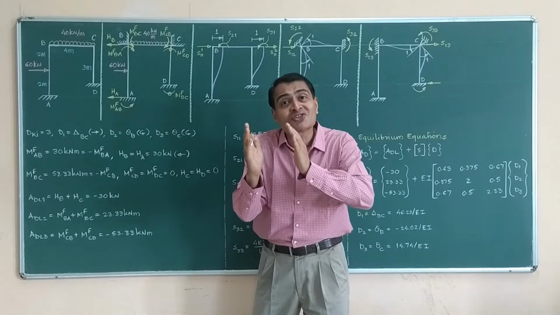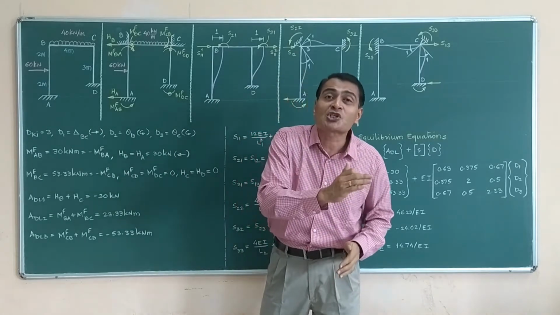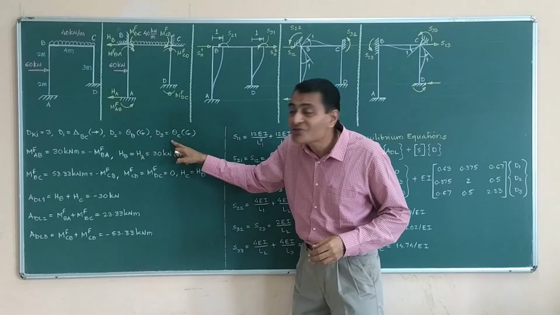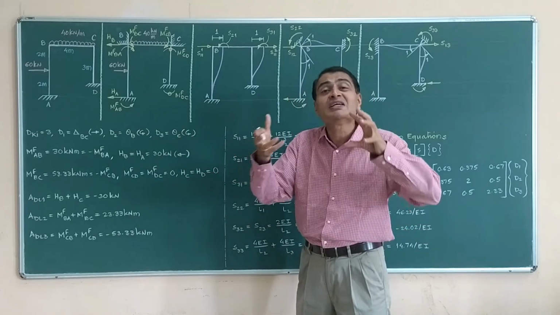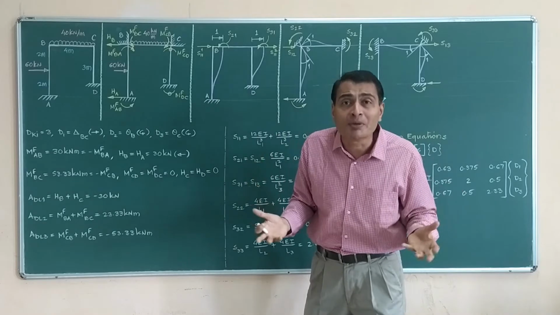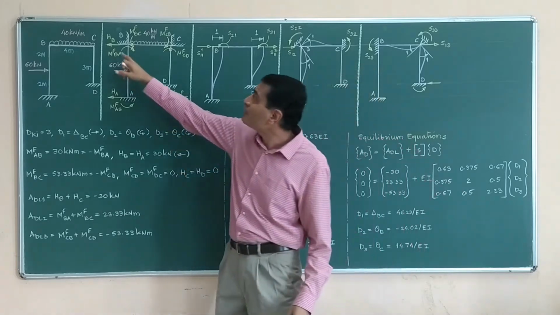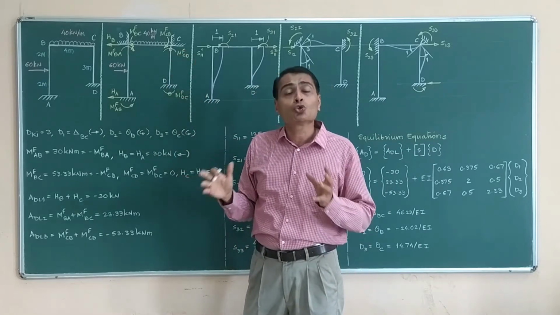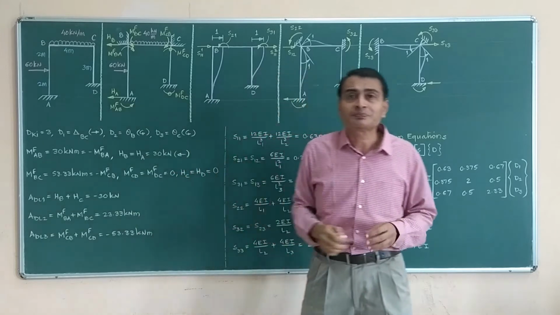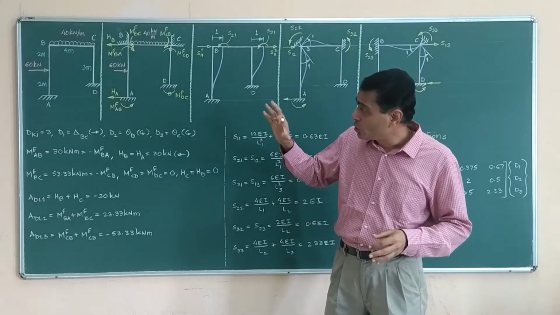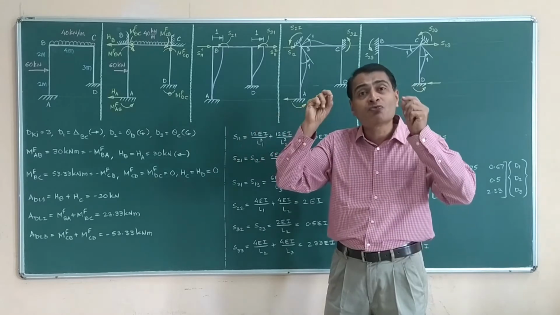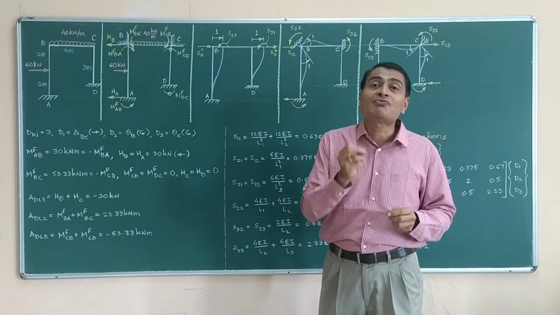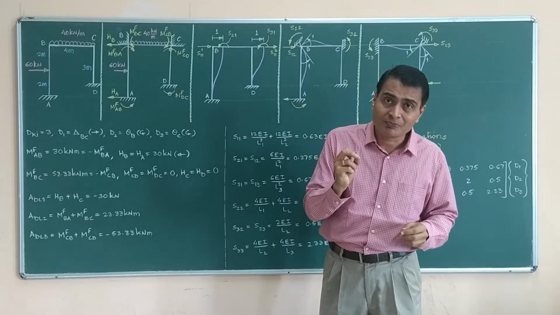When I am talking about translation, my corresponding action is force reaction. And when I am talking about rotations, my corresponding action is couple moment, that is fixed end moment. So that is the reason why we have shown HB, HA and why we are discussing HC and HD, though they are zeros. Value is 0. So understand please, whenever I consider rotation, I am focused upon couple moments. Whenever I am concerned with translation, I am focused upon forces.